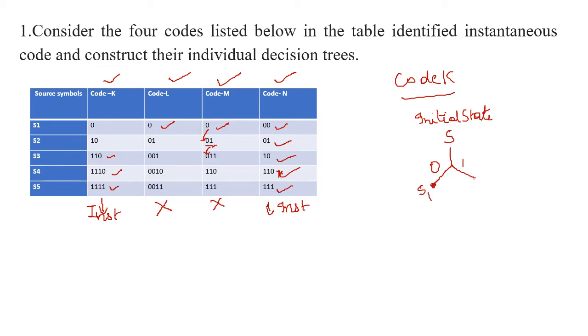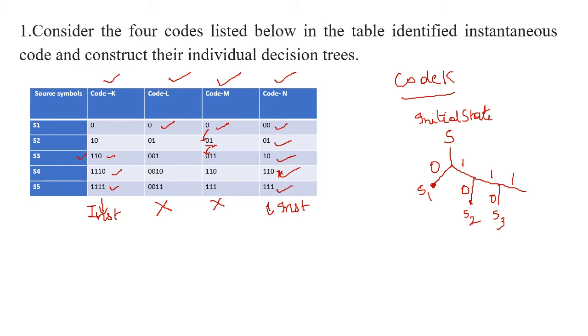Next, 1: we can branch it into 2 groups, one will be 1 and the other one will be 0. Now if you see, starting from the initial state S, it is 1 and 0, and this will be the terminal node, where you get the symbol S2. Next we'll again branch this. I'll have 1 and 0. Now 110 is nothing but the code word for the symbol S3 in your table. So we can write 110 is nothing but S3.